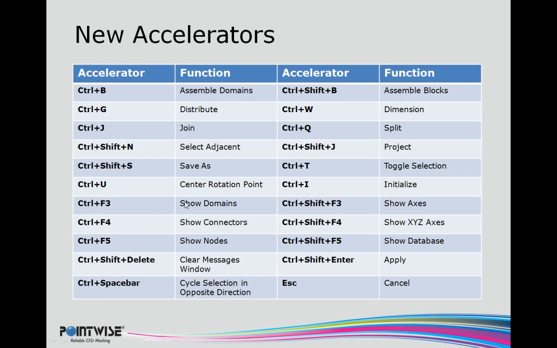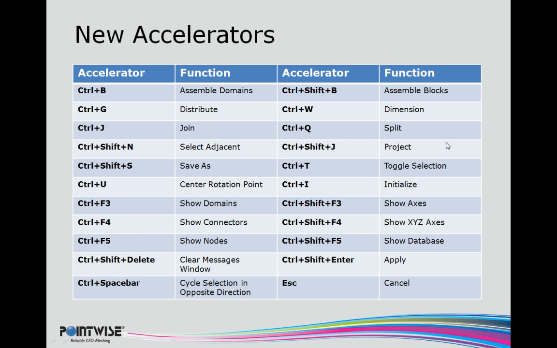Now, as you look at this table of our new accelerators, you can see that we have over 20 new accelerators available. We added these accelerators based on customer requests and also based on features that we felt were very commonly used in our software. As an example, if you look at the top of the table, you'll see the distribute and the dimension accelerators. These two accelerators will actually open the distribute and dimension panels so you can access all the functions for these two features. Additionally, we have accelerators for commands such as join, split, and project, which are used heavily during a